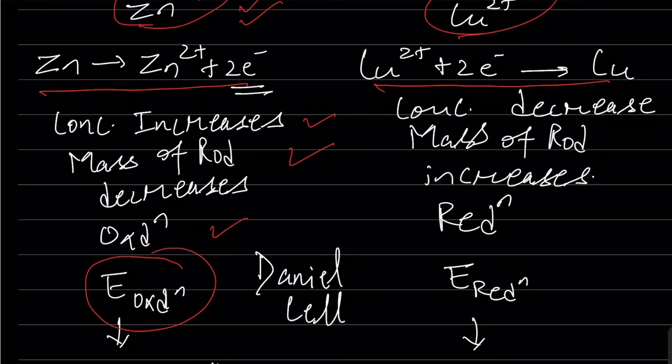On the right half cell, the concentration decreases because the cations are decreasing in the solution as they are gaining electrons coming onto the electrode. The mass of the rod increases, the rod thickens, and reduction happens. The potential generated on the right hand cell is called E reduction. Because copper and zinc are used, that's why we call it the Daniell